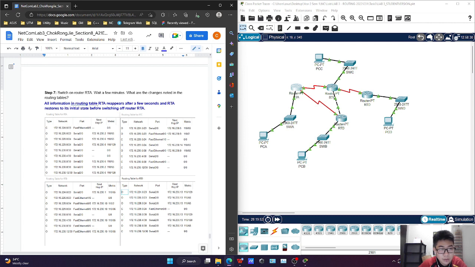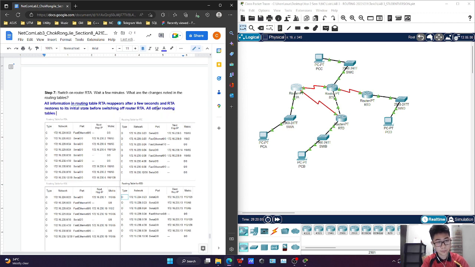So all information in routing table RTA reappears after a few seconds and RTA restores to its initial state before switching off router RTA. All other routing tables